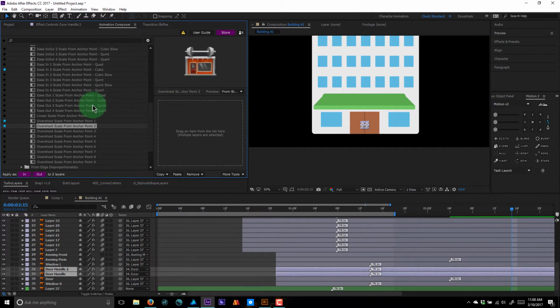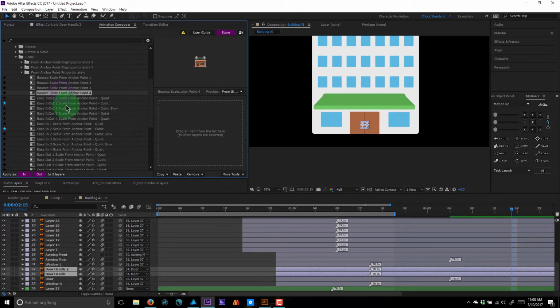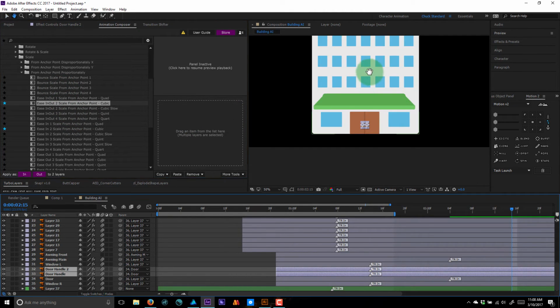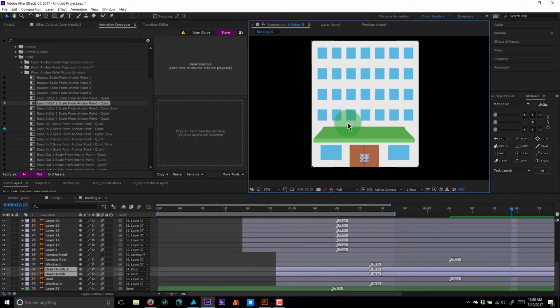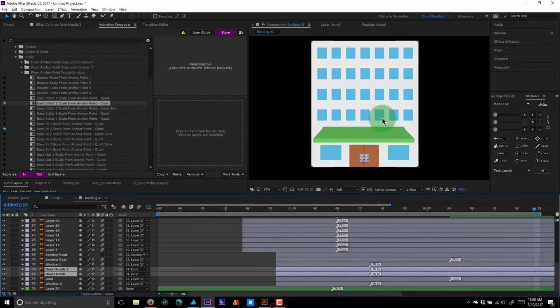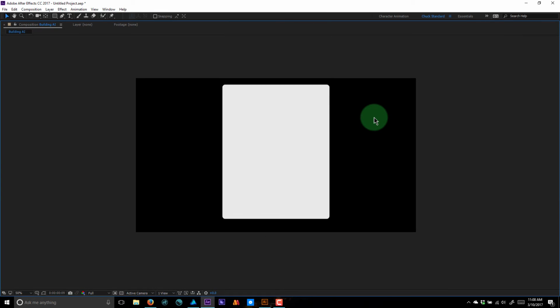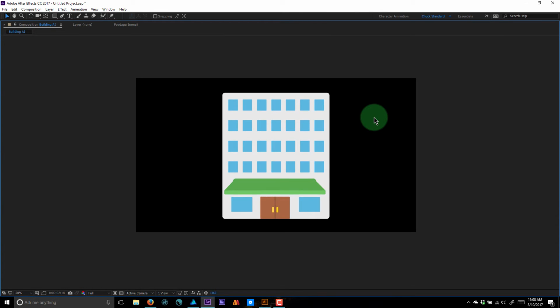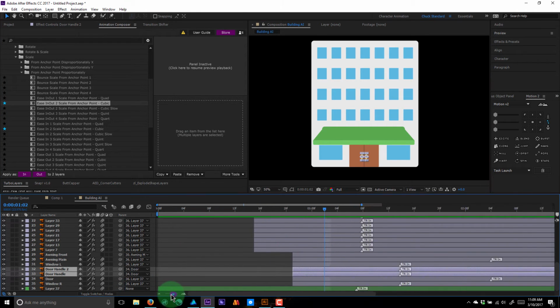So, they have scale presets here that don't have any overshoot. They have bounce, or they ease in, or whatever. But since we're using overshoot on all of this, and we want it to look bouncy and kind of fun, I'm just using overshoot for all of the elements. Okay, so let's go ahead and preview this and see what we're looking at here. So that's already a pretty cool animation, but we can add a little more variation to it by staggering these